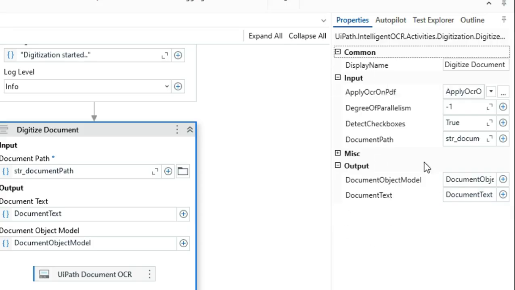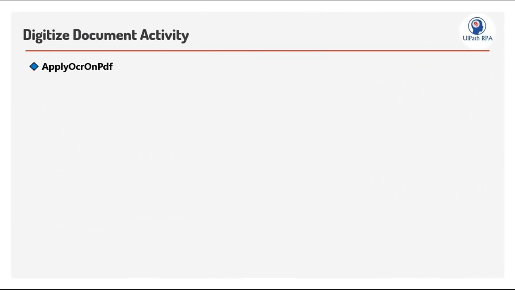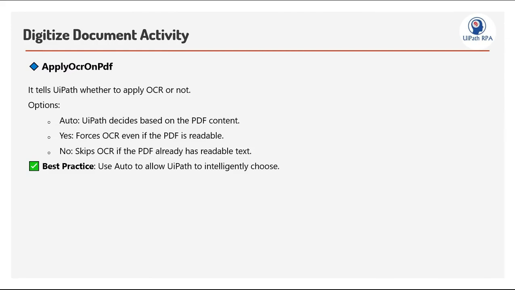Let's first understand this here. First we'll understand Apply OCR on PDF. It tells UiPath whether to apply OCR or not. It has options like Auto, Yes and No. If you set it as Auto, UiPath decides based on the PDF contents. If it is native, it will not apply OCR. If it is scanned, it will apply that.